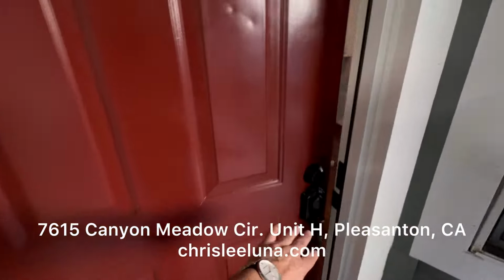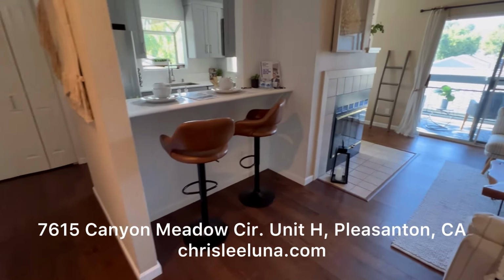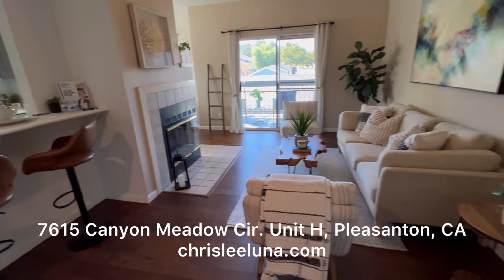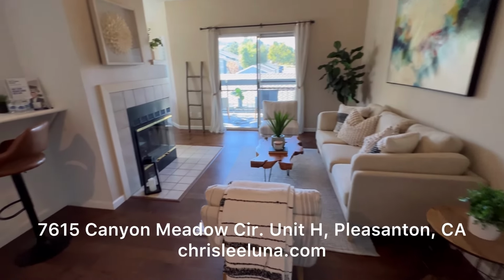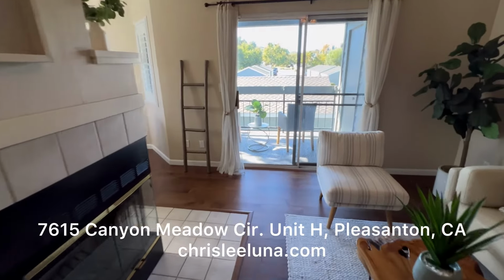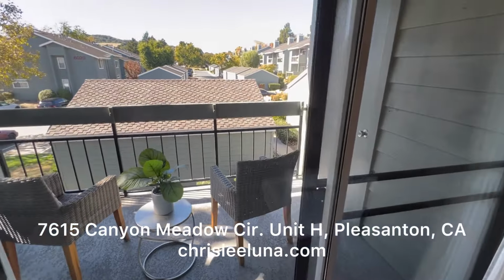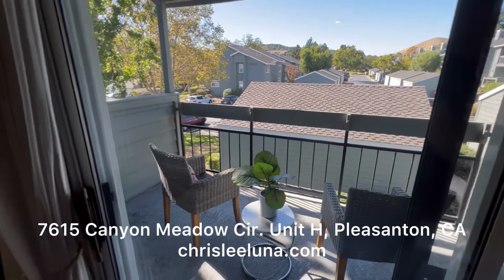Now let's check inside. This is a 2-bedroom, 2-bathroom condo, 1,043 square foot, has a fireplace, engineered hardwood floors, 2 balconies, one off the living room and one off the primary bedroom, great views,